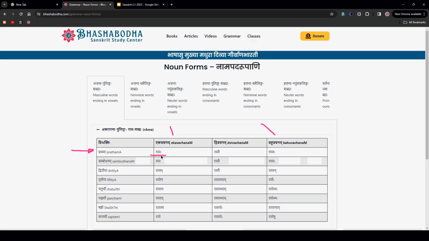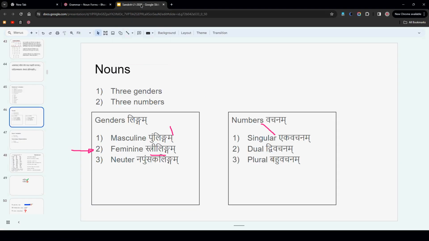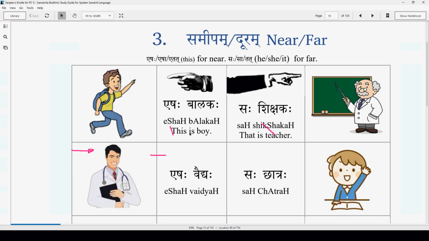It indicates Rama, right, or Balaka. It just references that object itself. Okay? Esha Balaka. Esha means this. This Balaka is there. This is a boy, or this boy is there. Something like this. So if you want to say this is a boy, we say Esha Balaka, or we can also add Asti, as we saw in the